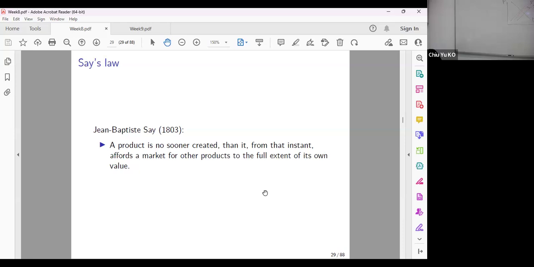Because if we go to a tree, we have an apple, someone eats it, then there will be no problem, right? The apple is there, we'll eat the apple. We'll not leave the apple rotten. As long as it gets produced, someone would need it. There will be no insufficient demand. Demand will always be there. There shouldn't be unemployment,